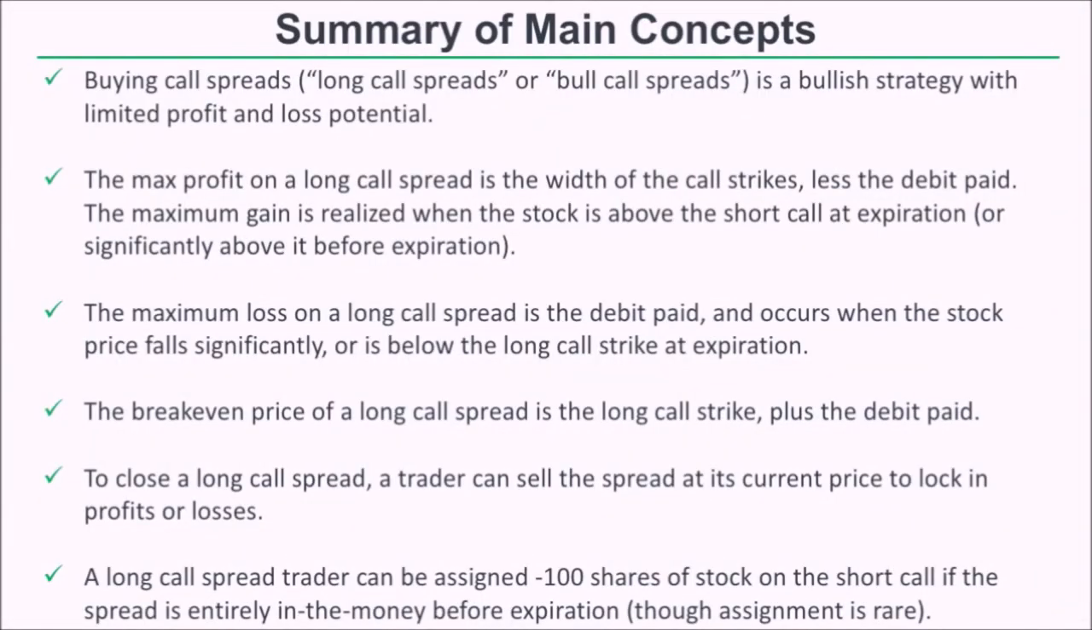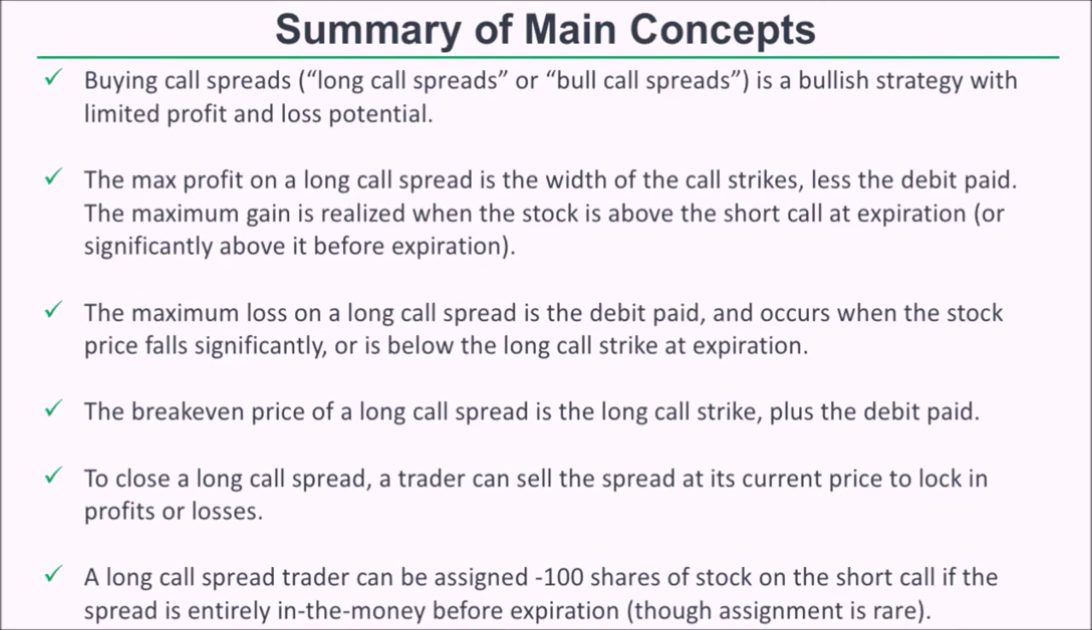Alright, so let's go ahead and recap the main concepts from this video. So buying call spreads is also referred to as long call spreads or bull call spreads or debit call spreads, all the same thing. So a bull call spread is a bullish strategy with limited profit potential and limited loss potential. So it's kind of a conservative strategy if you trade narrow spreads. So the maximum profit potential on a long call spread is the width of the call strikes less the debit paid. And the maximum gain is realized when the stock price is above the short call strike price at expiration,